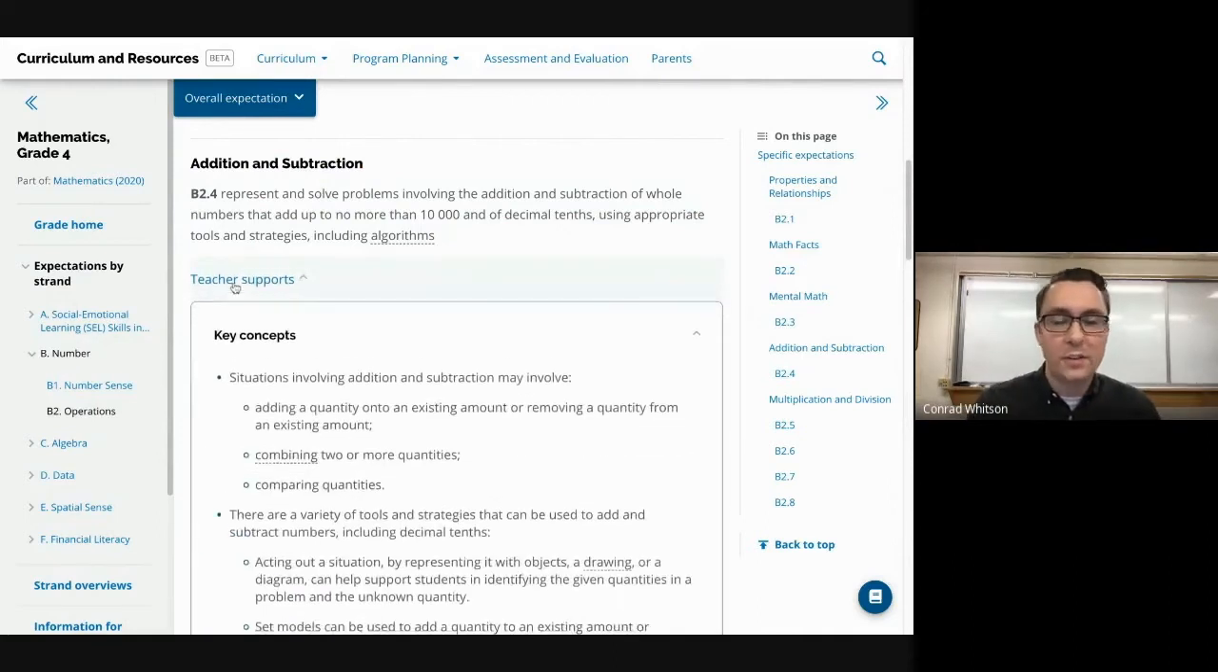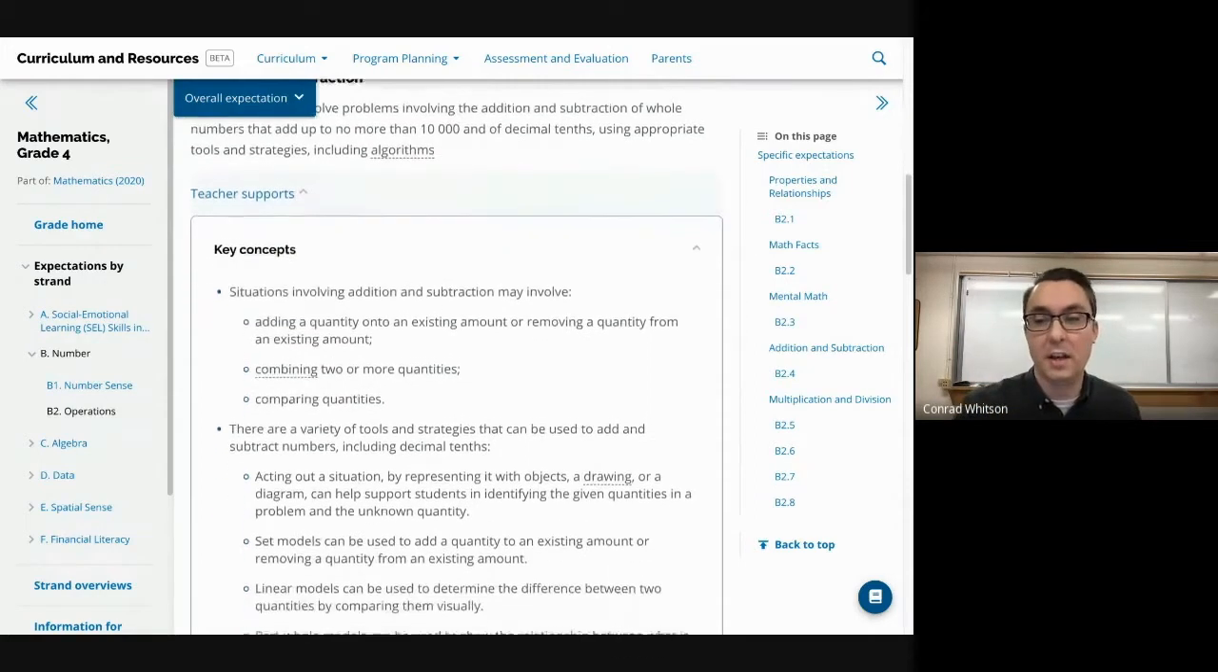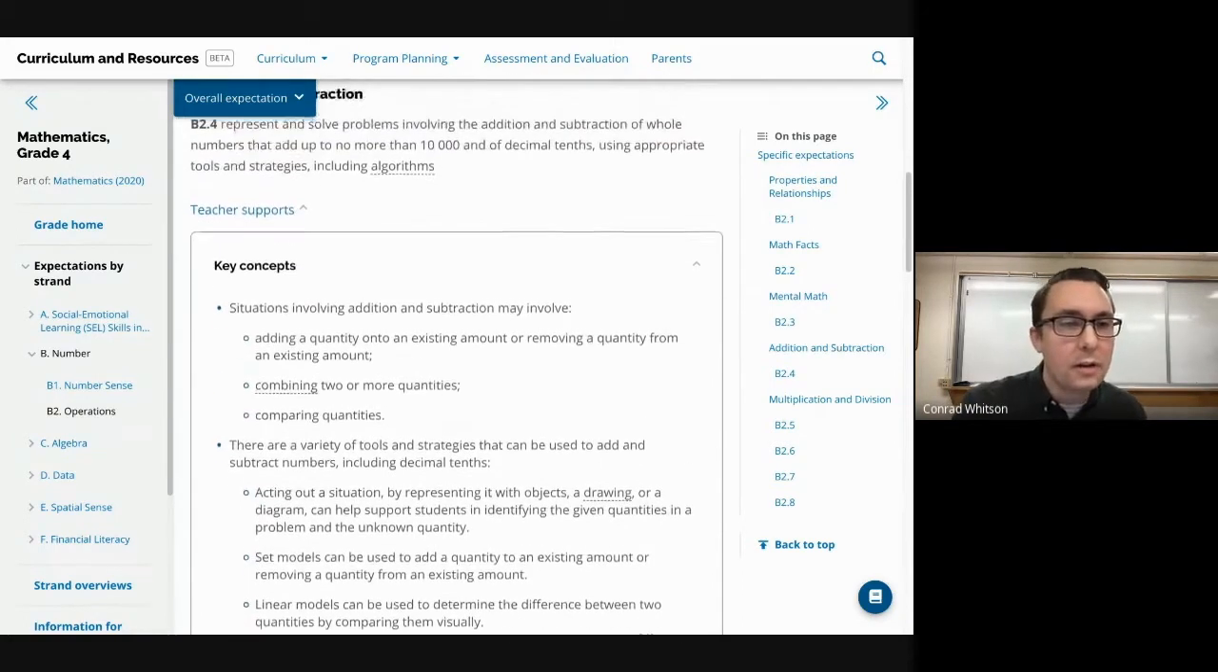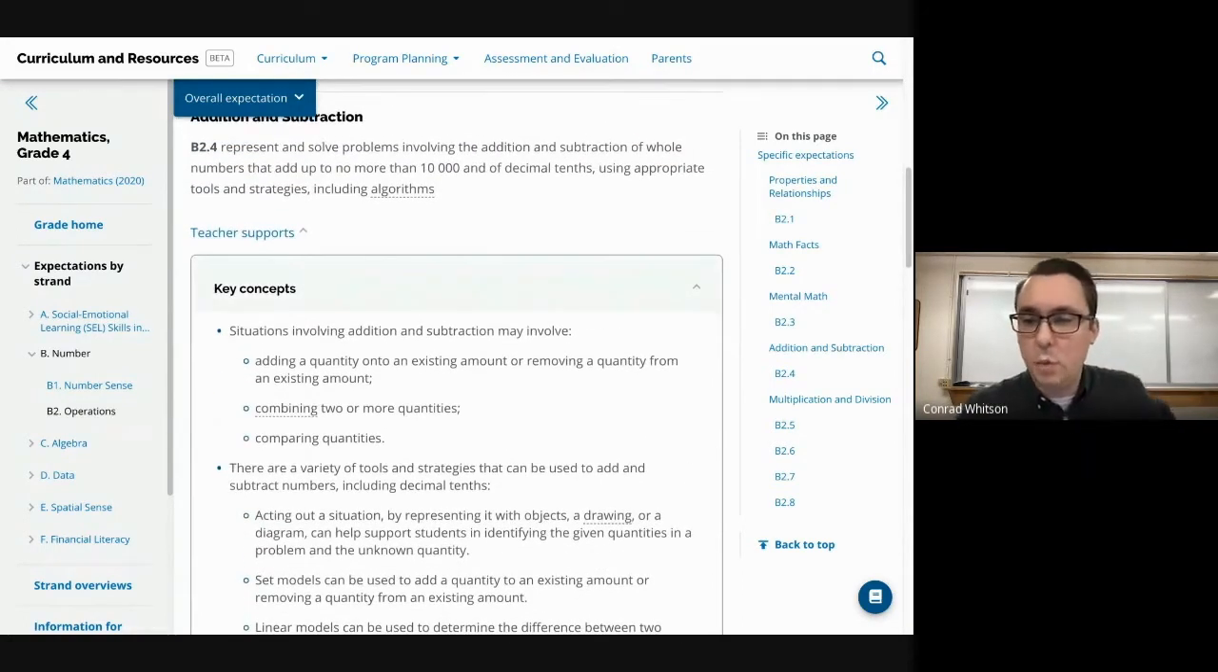Under teacher supports, there's quite a bit of really concrete information. And some of these new specifics are pretty dense because they've been compacted down and worked to include a whole bunch of previous expectations into one. So these teacher supports can be really valuable to check out. The teacher support section here for specific B2.4,